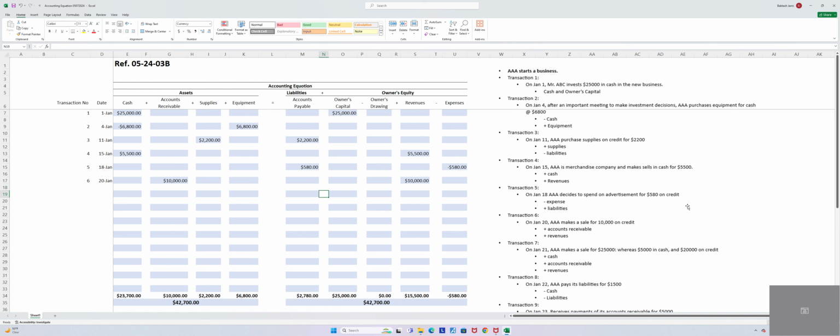So we see $42,700 on both sides of the equation. And then we also have the breakdown, the sum of each account: cash, accounts receivable, supplies, equipment, separately. And then on transaction number 7, on January 28,